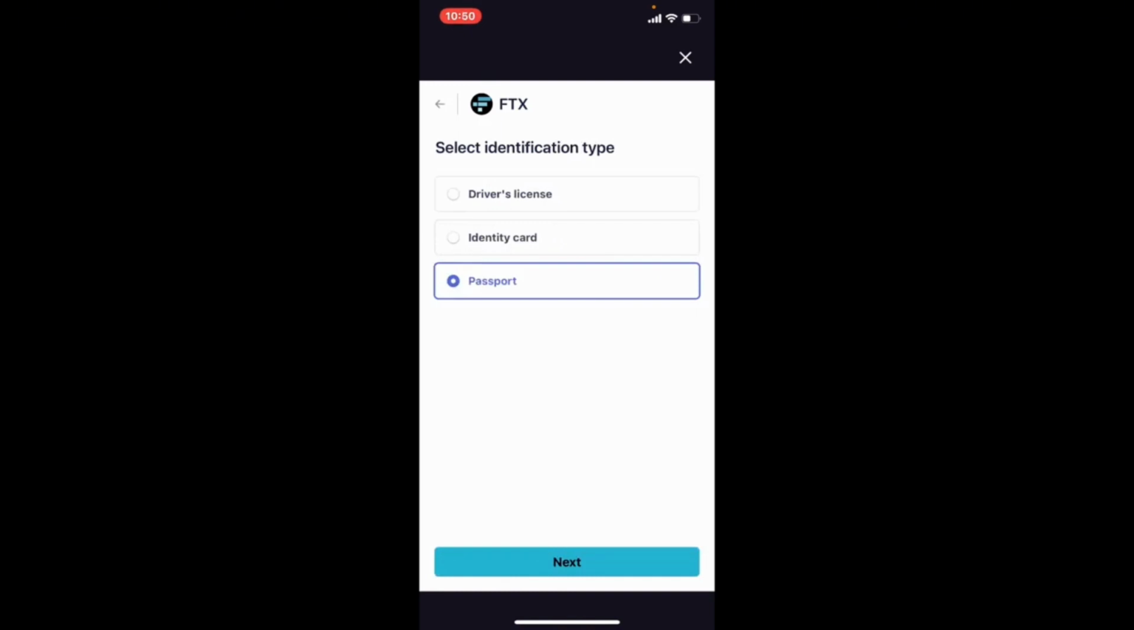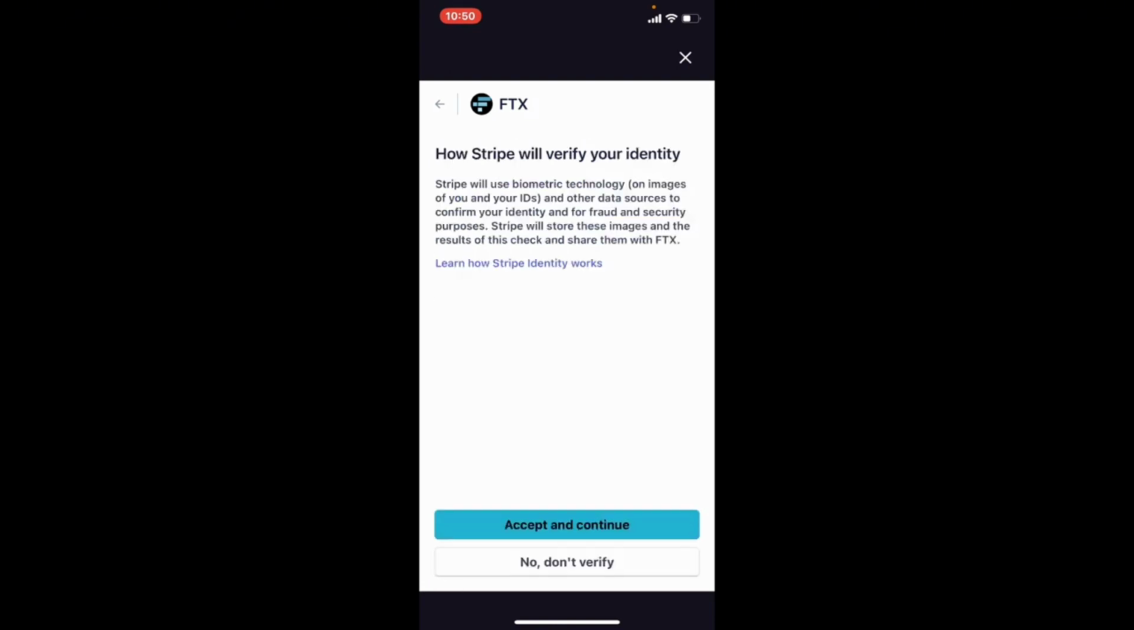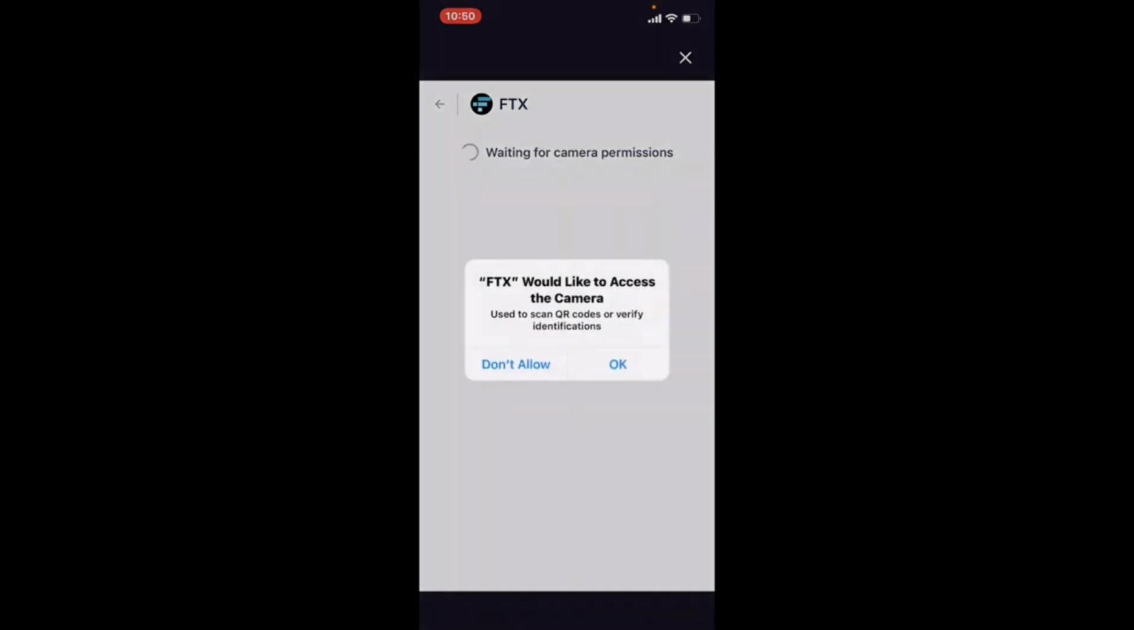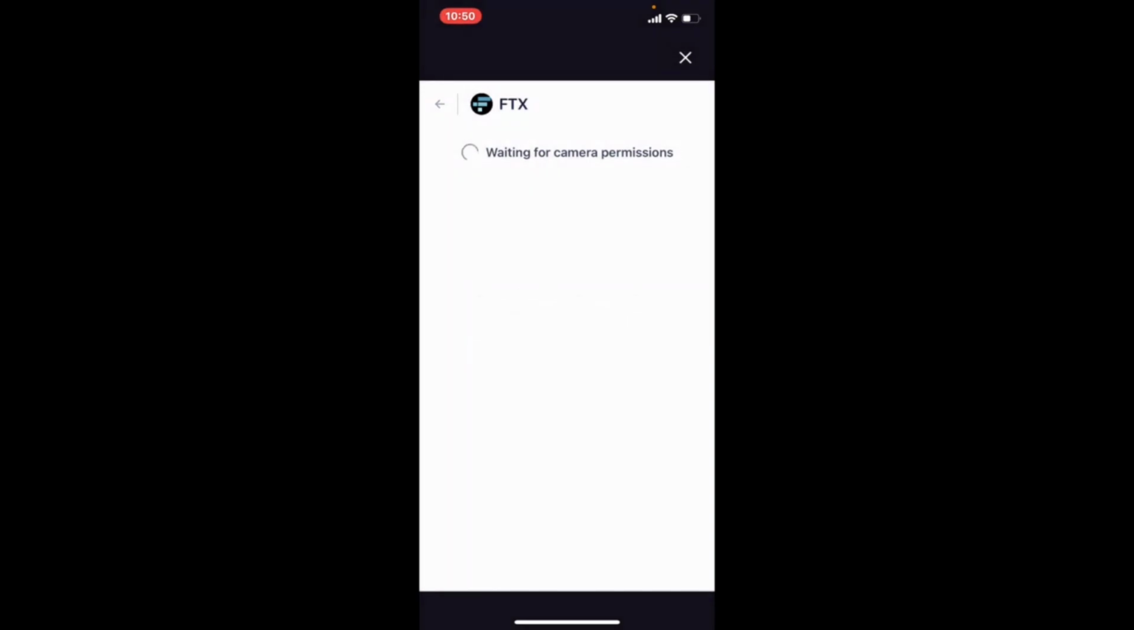Select your identity type that you would like to provide from the options displayed. Click the Next button after you make a choice. Click on Accept and continue on the next page. Allow access for your camera by tapping on OK, allow more access,